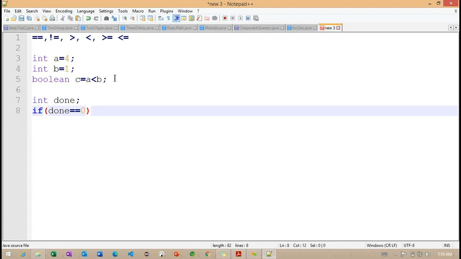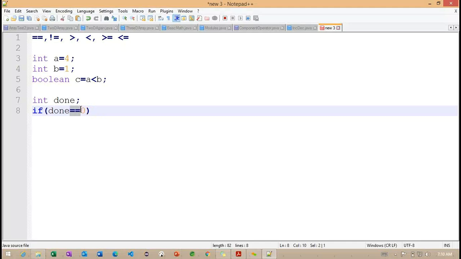Because it is a numeric data type, we check like this with the double equals operator. On the right side we define the value to compare. Not only 0, we can check with 10 and 100. Whatever value you want to check.